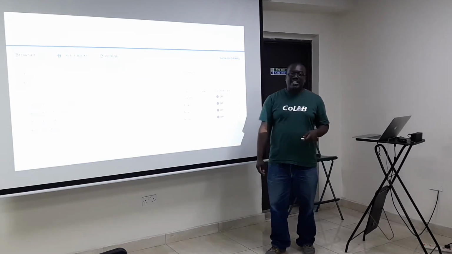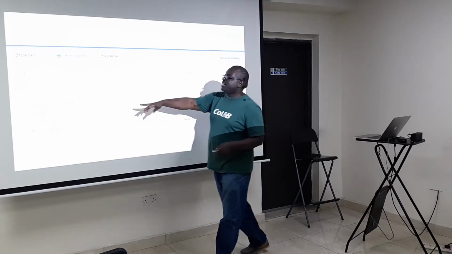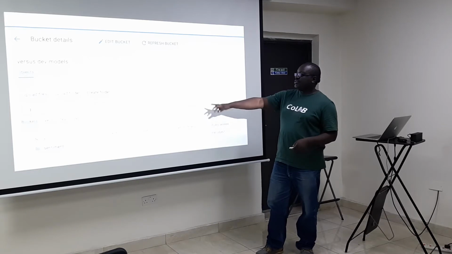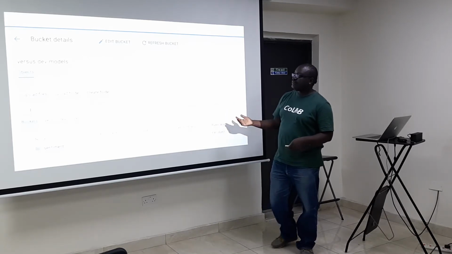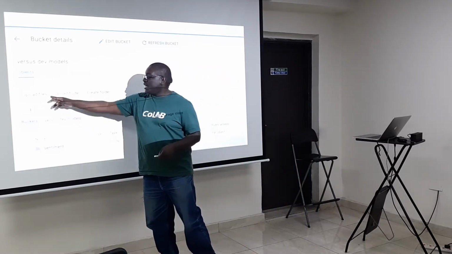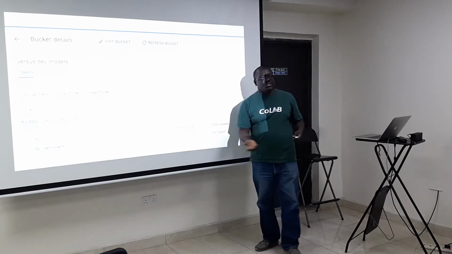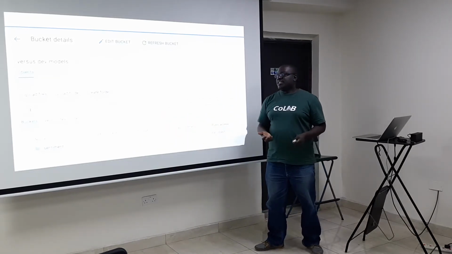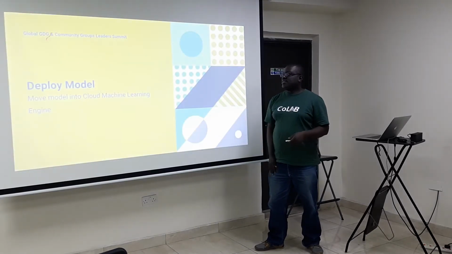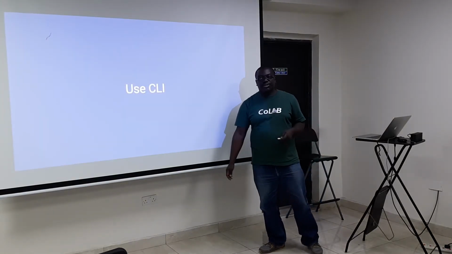And if you like to point and click, you can always just go to Google Cloud Storage, click on Create Bucket, and fill in whatever you need to fill in. And once you have a bucket, you're able to upload files or upload folder. The problem with this is usually those folders are large, so if you don't have really good internet, then doing it this way might not be the best thing, but you can still do it this way. And once you have it on Google Cloud Storage, you can then go ahead and deploy a model.